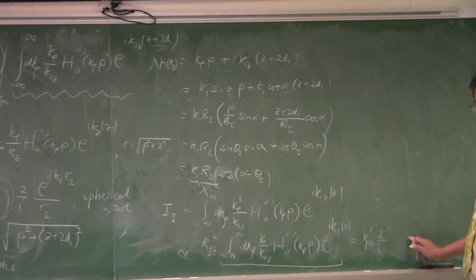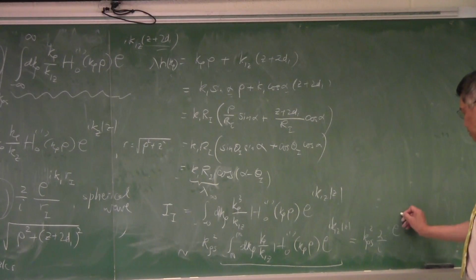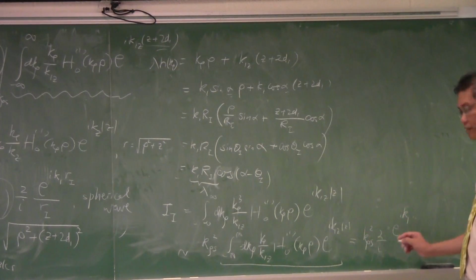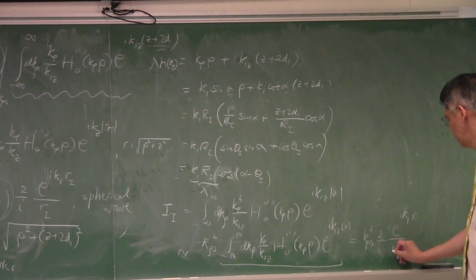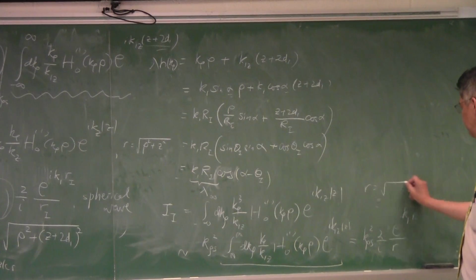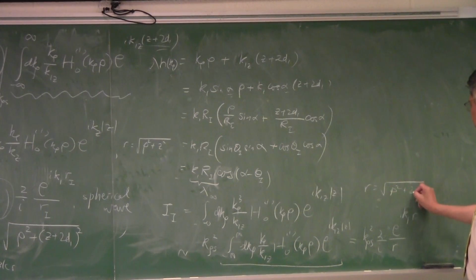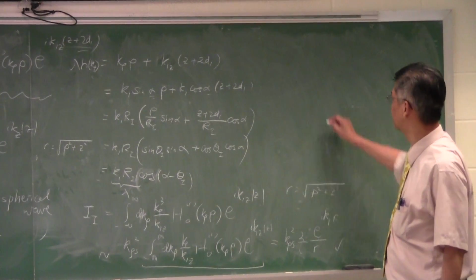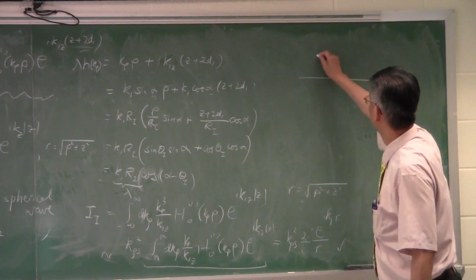What is the Sommerfeld integral? e to the i k1 R, but that R is going to be different. This R is going to be square root of rho squared plus z squared. So this gives rise to a different ray optics solution, a ray physics solution. So if you have a source point